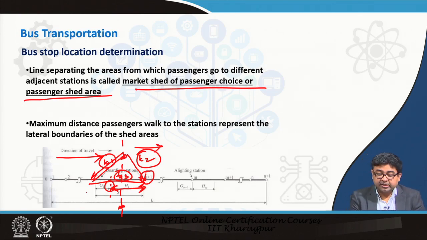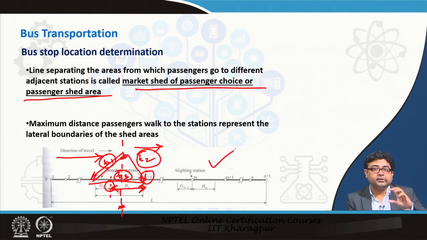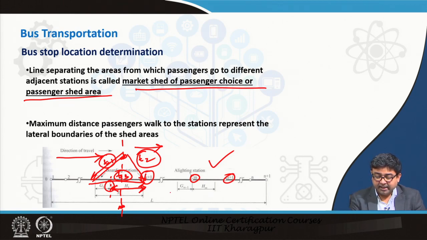So, just the opposite happens at the alighting station. At the alighting station, you think of which station you want to get off, depending upon where your final destination is, right. These are the two stations. If your destination is here, and your train is coming from here, would you want to get off at this station and then travel back, or would you have rather got off at the earlier station and traveled to this location, right? That is the trade off you are making.